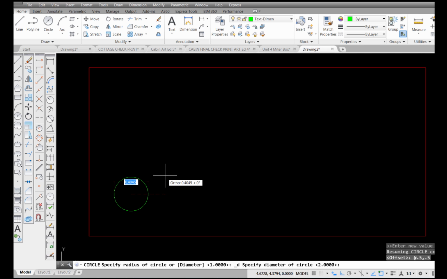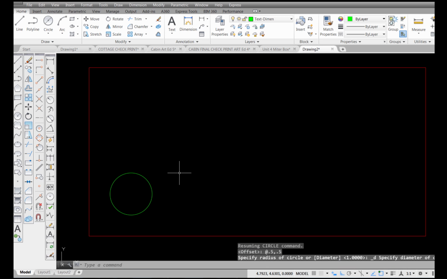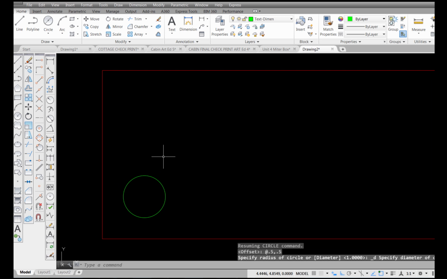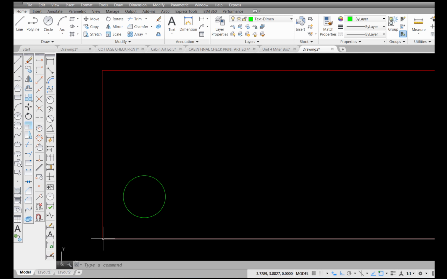And that locates the center of the circle 1/2 inch over and 1/2 inch above that first point. And then all I need to do is type a diameter. So I'm going to type 0.5 for my diameter and press enter. Okay, so again, I chose the circle command, I chose the snap from option, I located a base point, and then I typed at, that's the key, typing at, and then I typed 0.5, comma, 0.5, and measuring from this base point, it came over 1/2 inch and up 1/2 inch, then I put in a 1/2 inch diameter